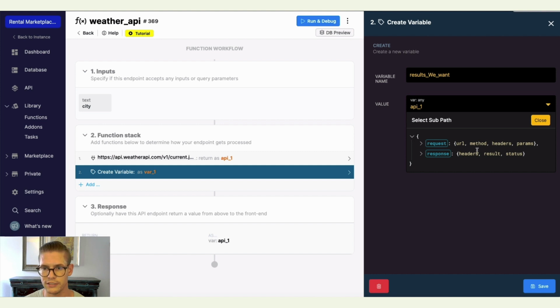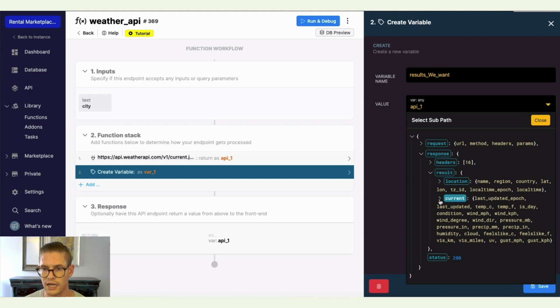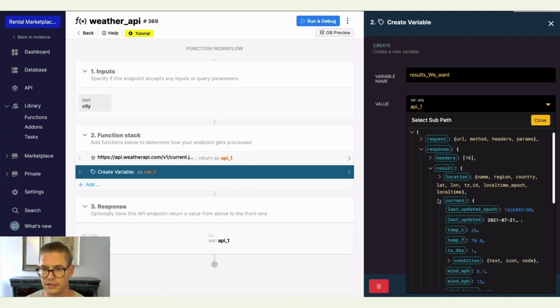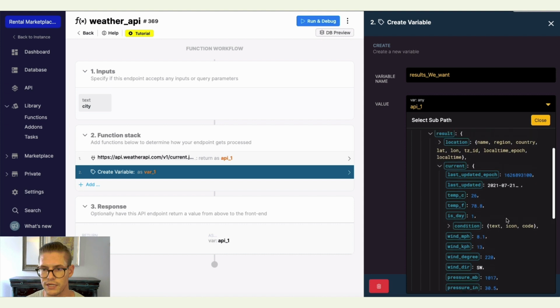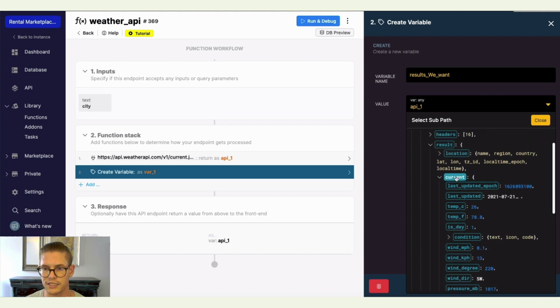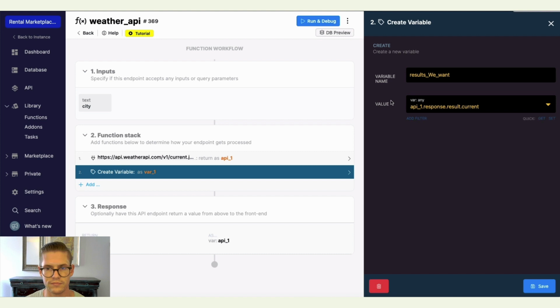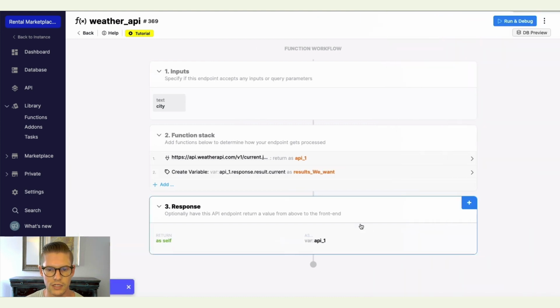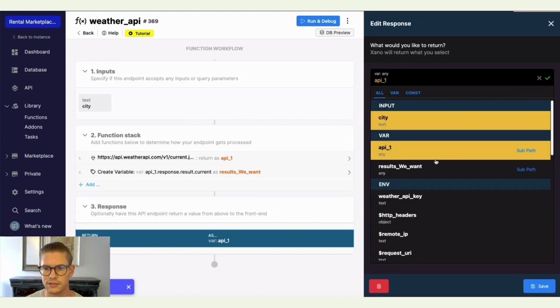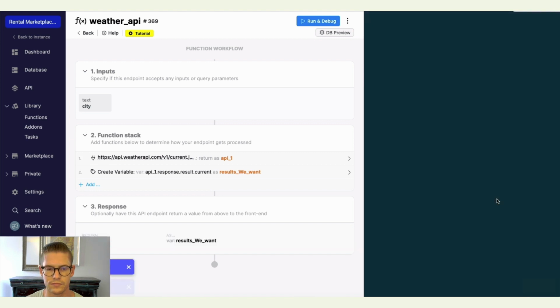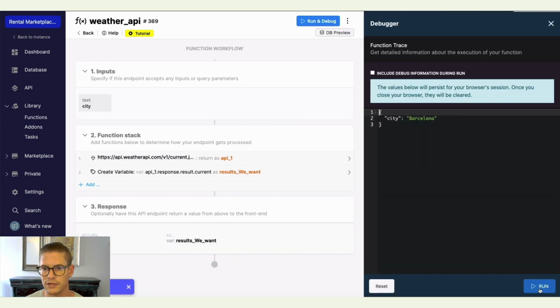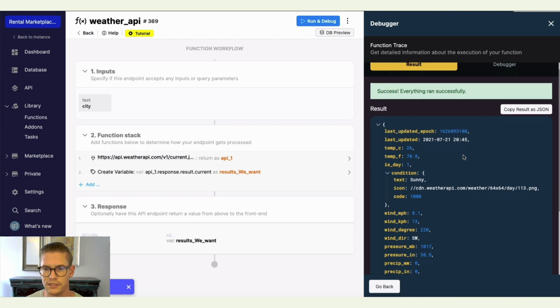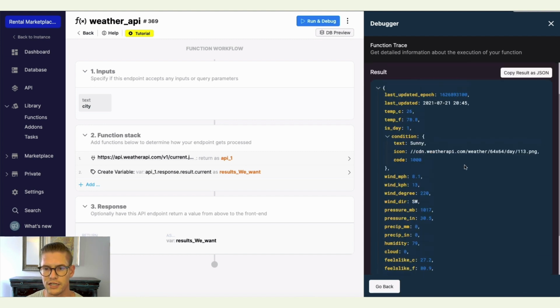so I can get to exactly where I want to be. So I don't need anything in the request. I'm going to open the response and then the results, and then current. If we go ahead and look at current, this is the actual information that I want. This is the object I want. So if I just go ahead and select current, Xano will automatically create the correct dot notation for me, and I can hit save. And now I can change the response here to something like results we want. And now when I go ahead and run this for Barcelona, we can see we get just the data back,